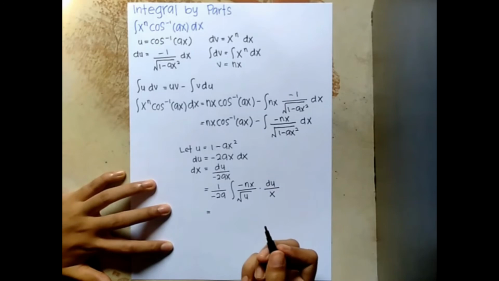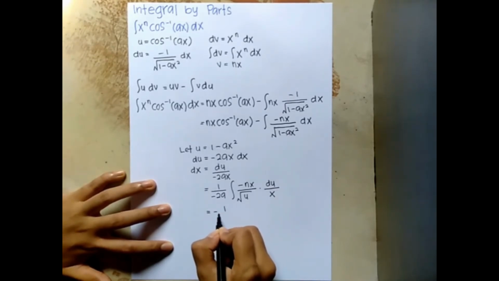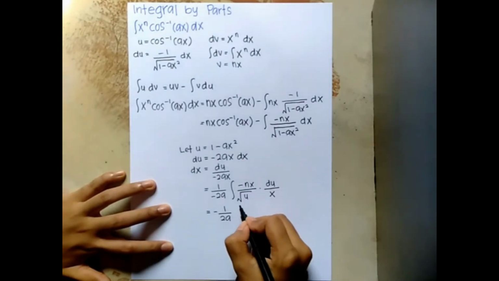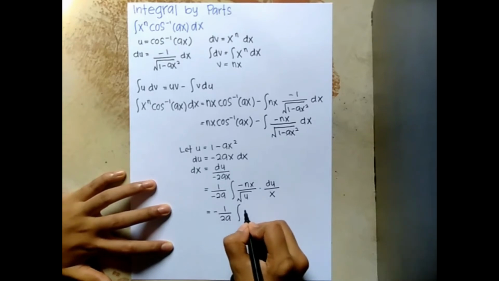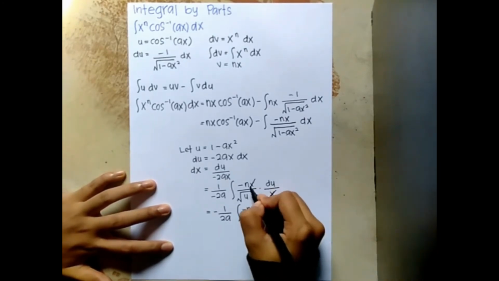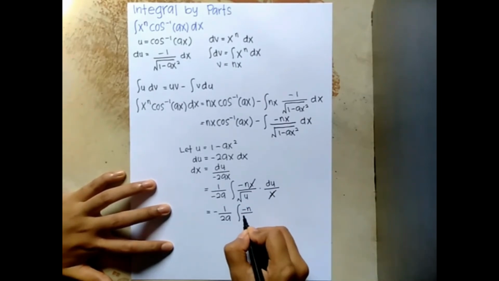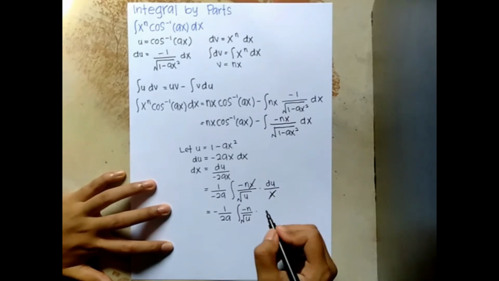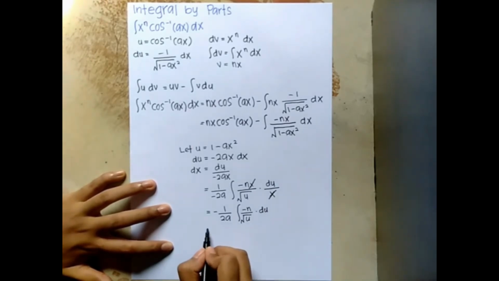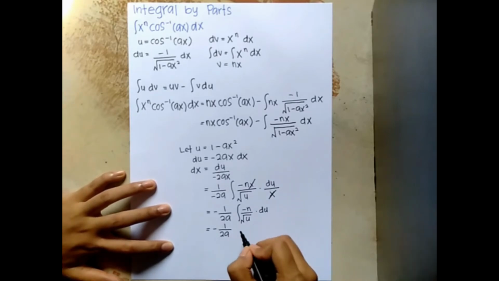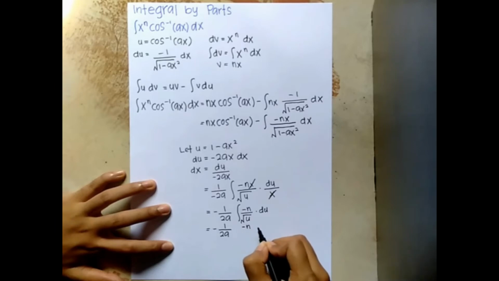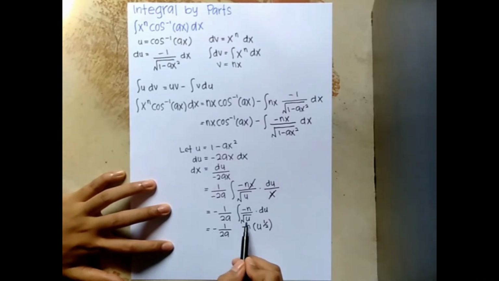And then next we will get negative 1 over 2a times the differentiate of negative n, and then this one we just can cancel out, and then we will get over square root of u times du, and then next equals to negative 1 over 2a, and then negative n times u to the power of 1 over 2, which is equal to square root of u, and then we go over with 1 over 2, then we will times,